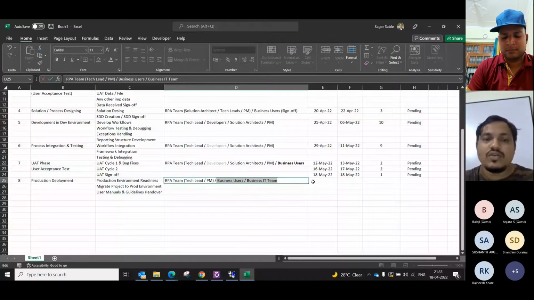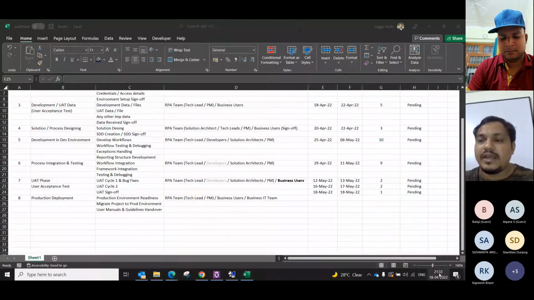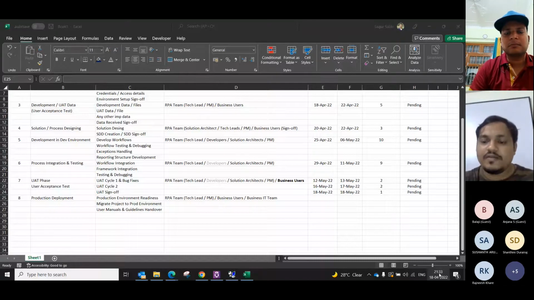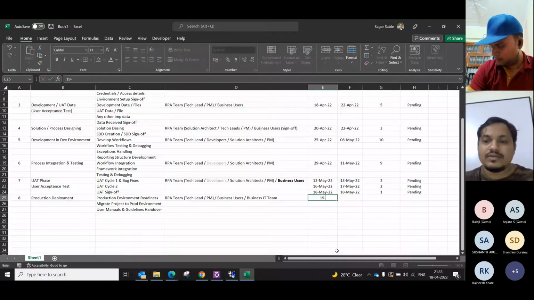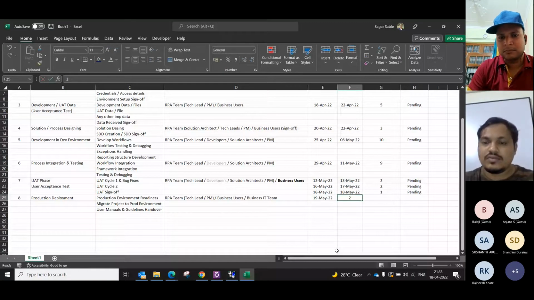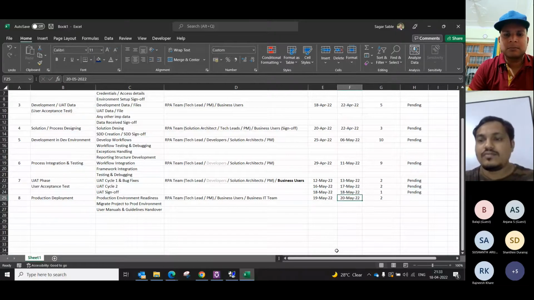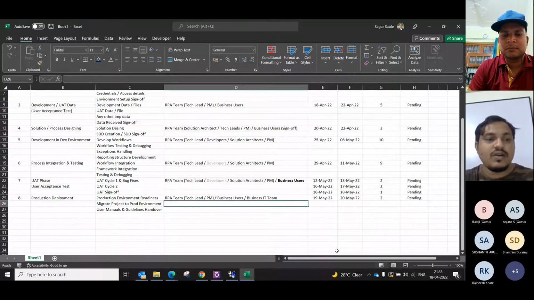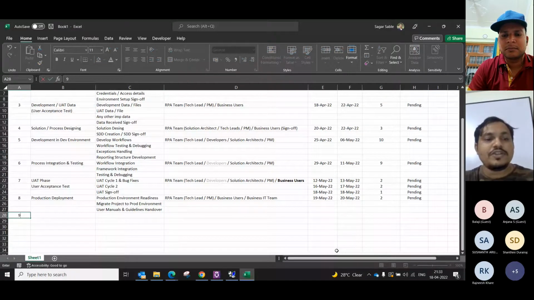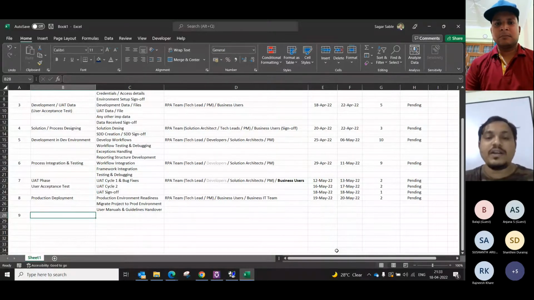Okay, so for this deployment, let's say we give 2 days. So we are here on the 18th May, and 19 and 20 May we can give to deployment days. Now, once we have moved it to production, and it has started running in the production environment,